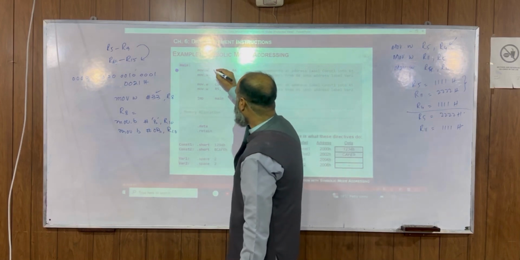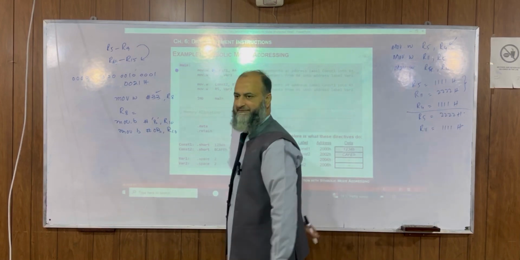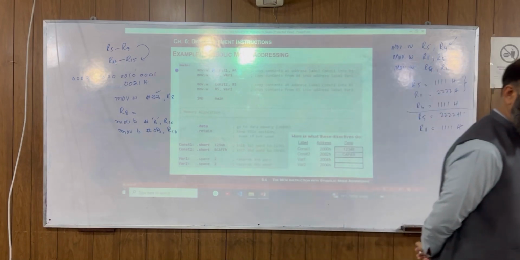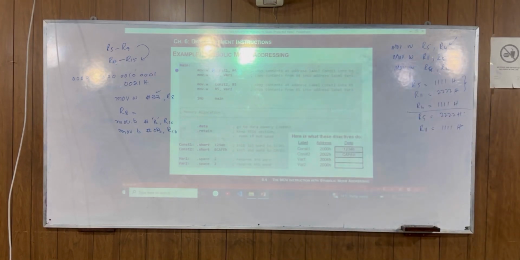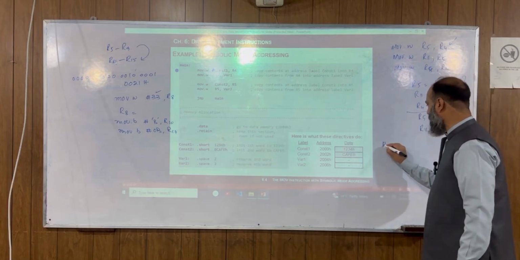Now let's suppose if I append hash here, can we do this? Hash constant 1 comma R4. Then what would be the value of the R4 then?